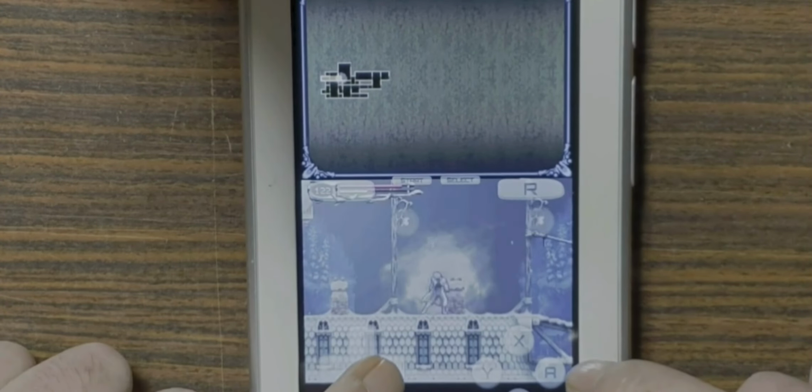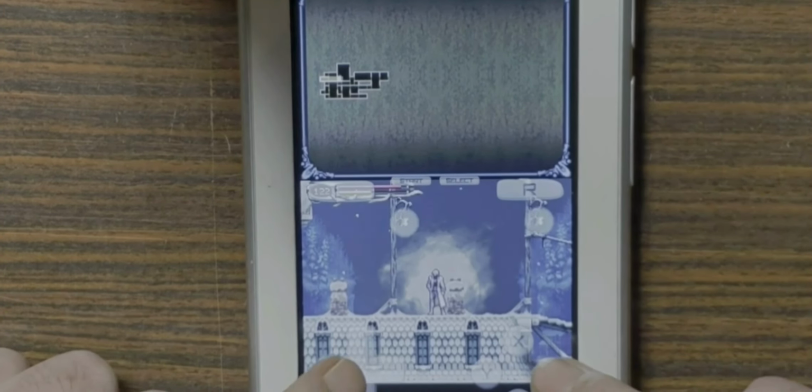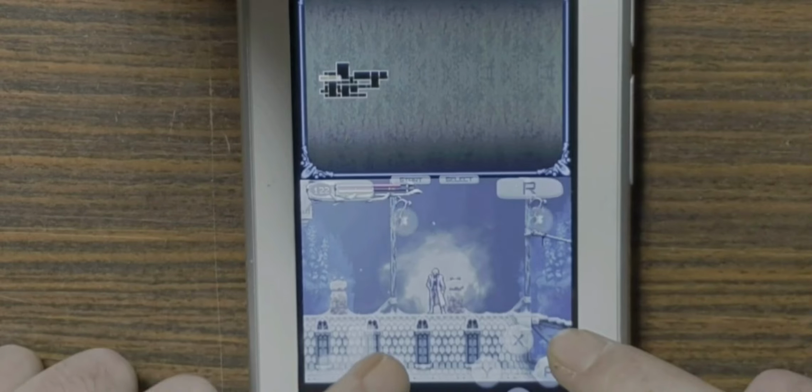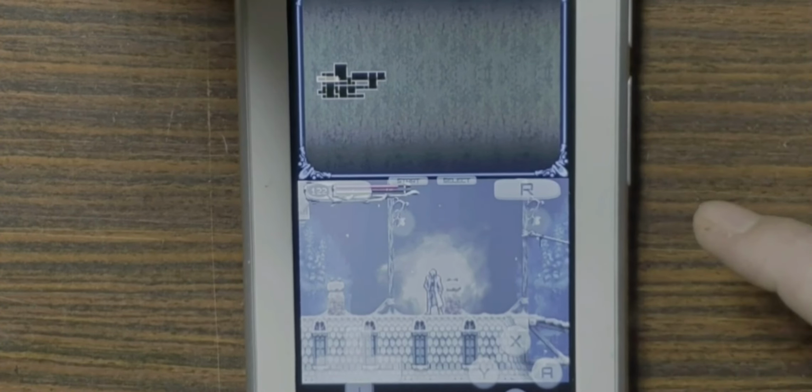Yeah, so these controls aren't like in the touchscreen overlay. If you hold it sideways, it kind of does it a little bit differently, but